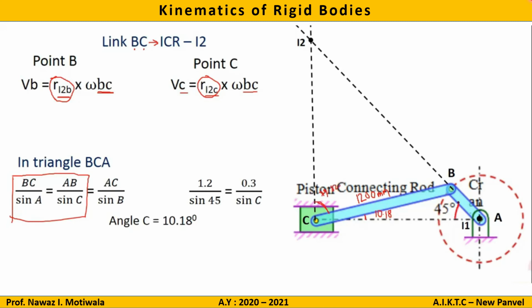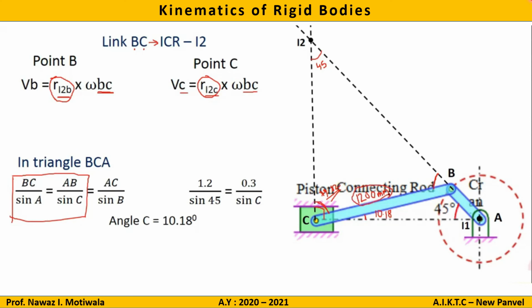Now, this angle is given to us as 45 degrees. This we know that this total angle is 90. So if this is 45, this is 90, this angle comes out to be 45. Just geometrical concepts. Now in triangle I2CB, what happens here? This angle is 45. This angle we have found out as 79.82. So we can easily find out this remaining angle by subtracting it from 180. Now what is the case? The case is all the three angles are known and one side BC is known to me. So what I can apply? Yes, I can apply sine rule.